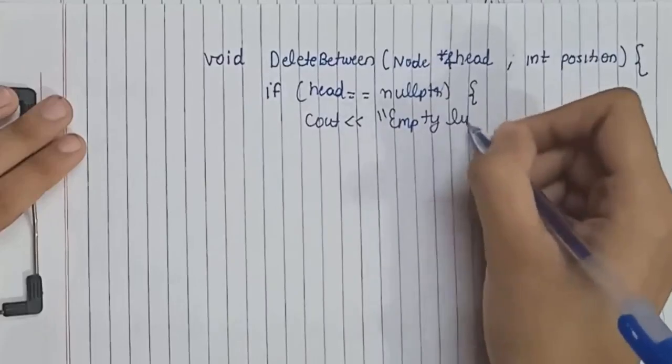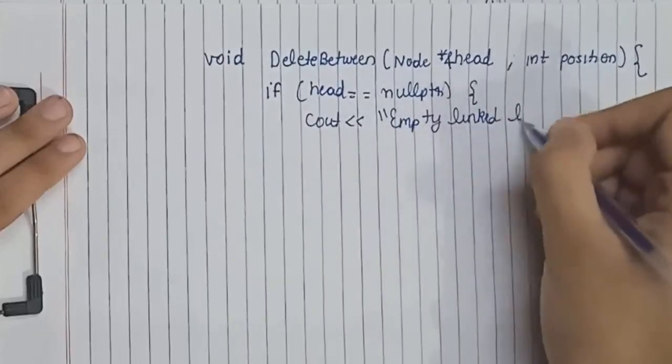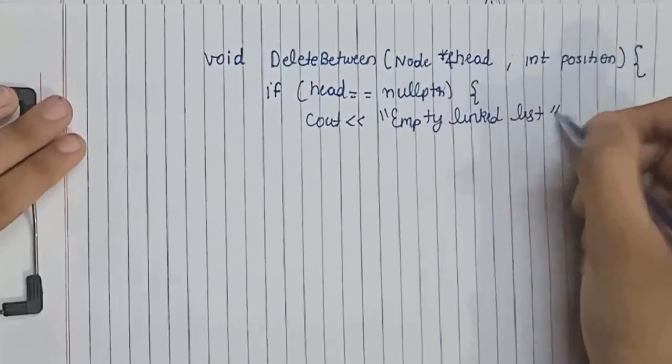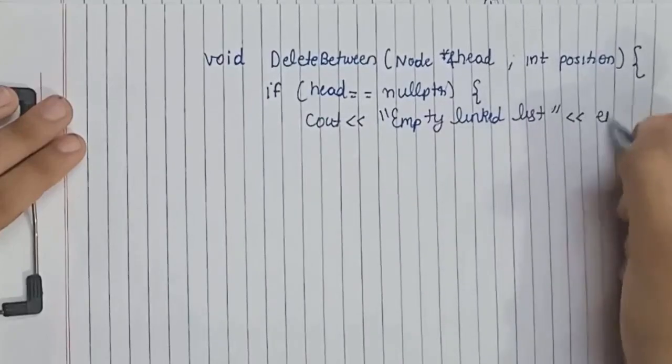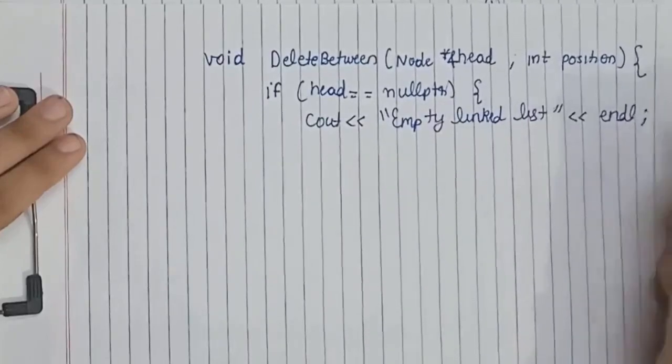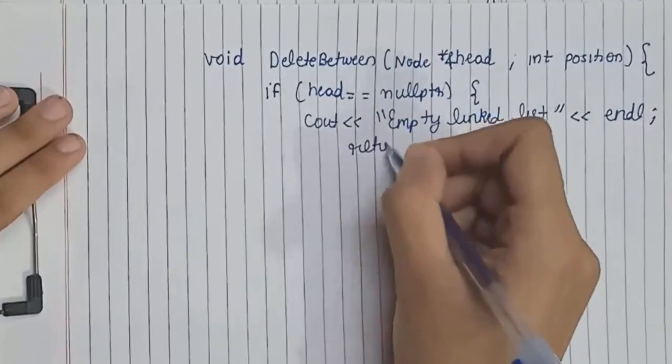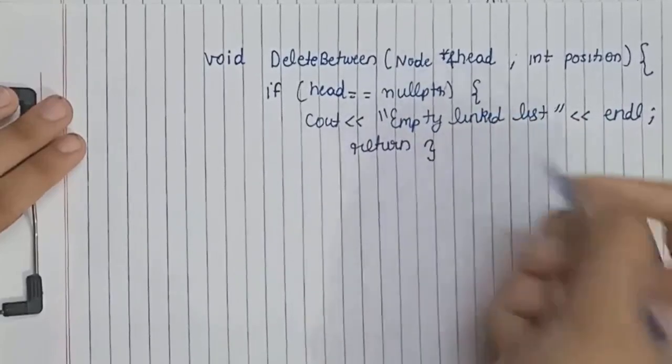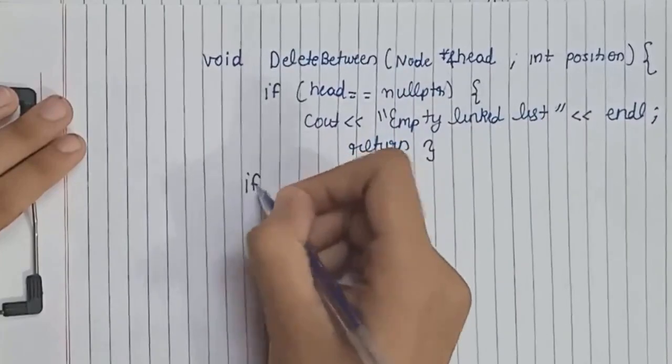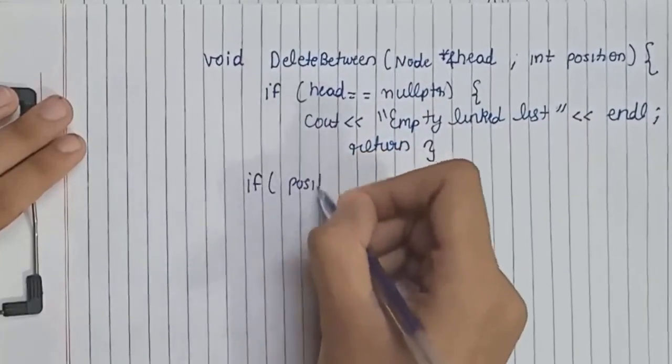We have an empty linked list. There is no element in the linked list, so we can't delete any element, so we will return from here. We can't delete any element. The second condition is if the user,